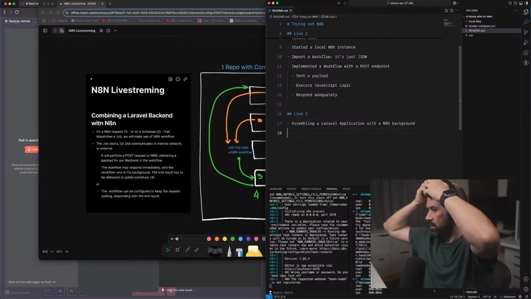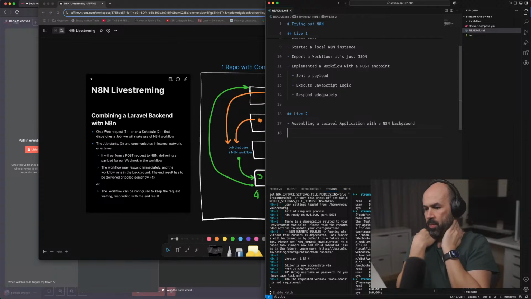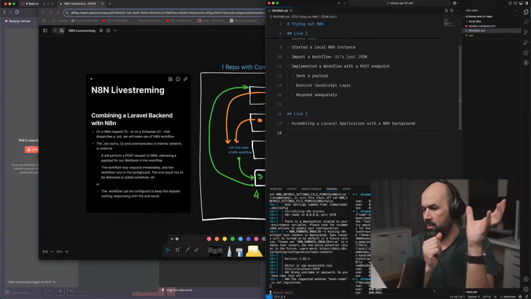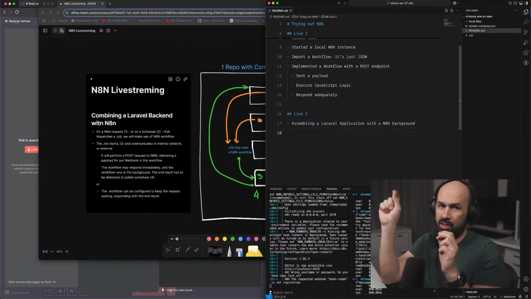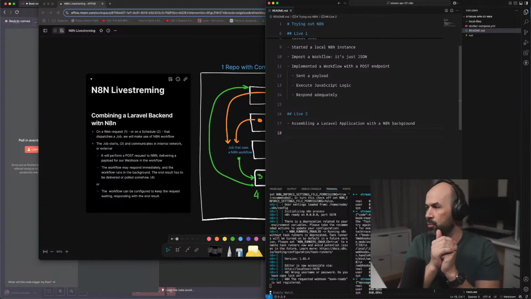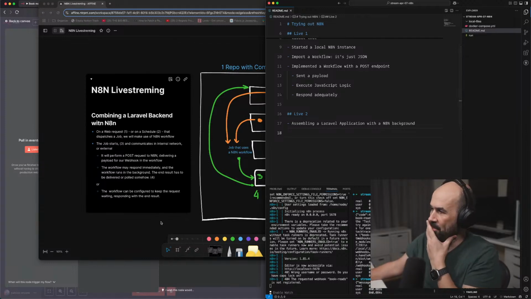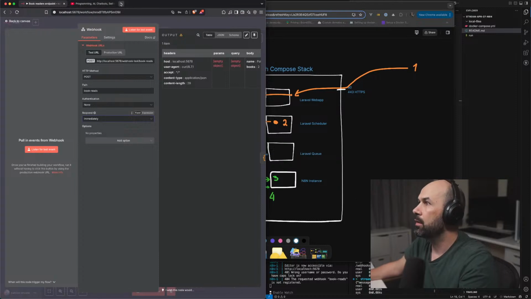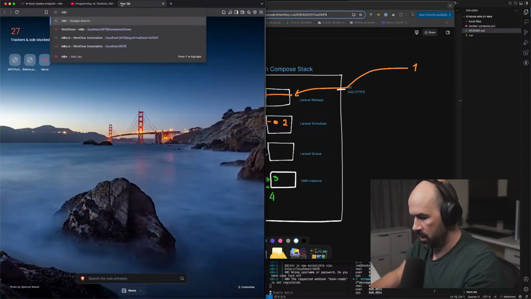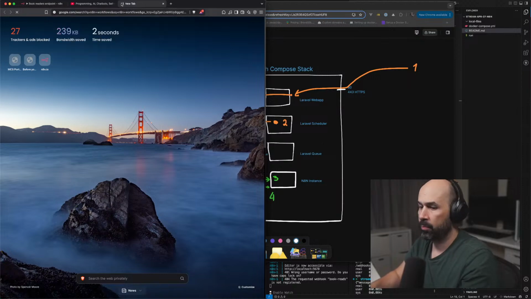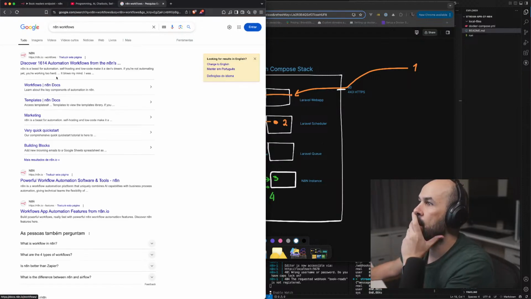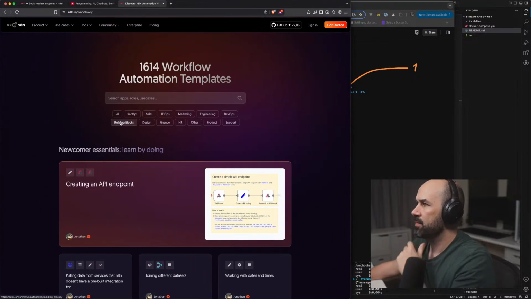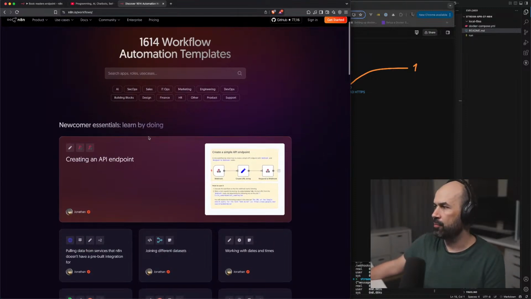Oh, this is insane. For example, we can poll some Notion database or some email account, and when something happens, we just deliver that content to Laravel via a post request, for instance, which alleviates a lot of the work. There are a gazillion N8N workflows. So we can browse the community workflows, and yeah, 1614.